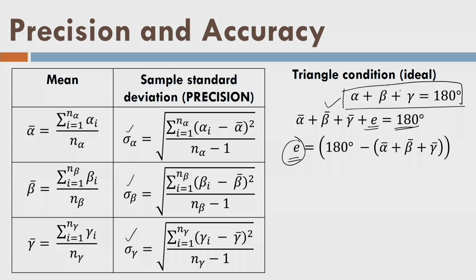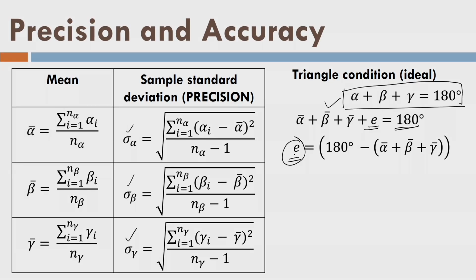Remember that this condition, alpha plus beta plus gamma equal to 180 degree, is independent of observations for alpha, beta or gamma, and hence it is kind of external to the measurements. I hope that you are getting the idea what accuracy is now. So, this E is the accuracy of the triangle measurement, that means of the total triangular system. Okay, what is the accuracy of the individual angle?